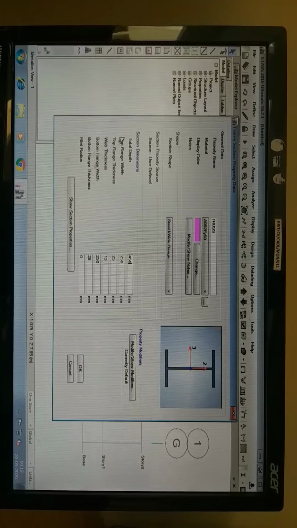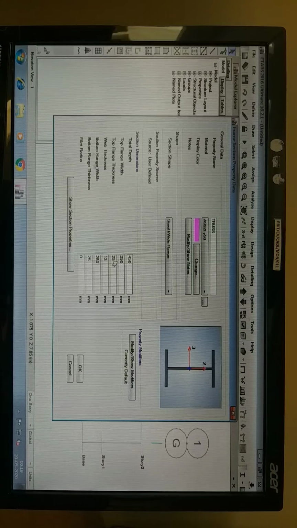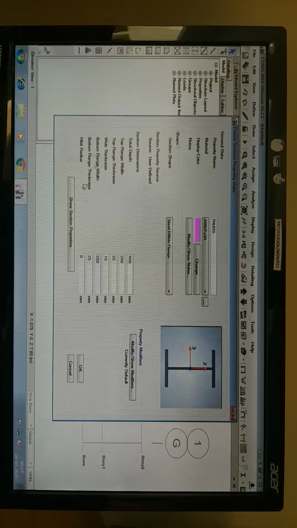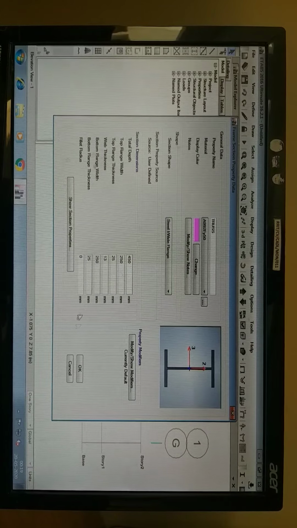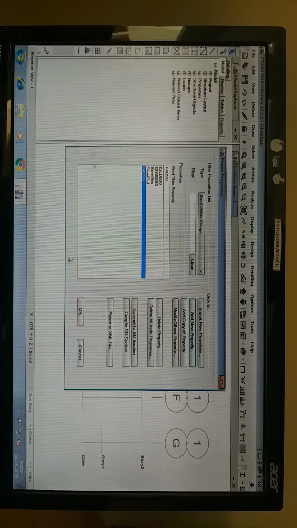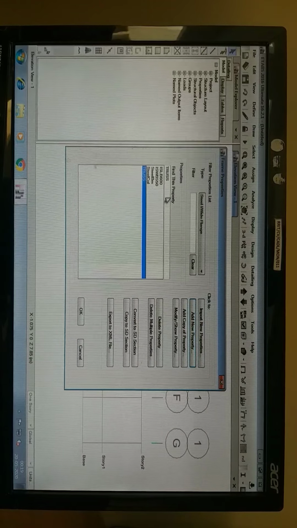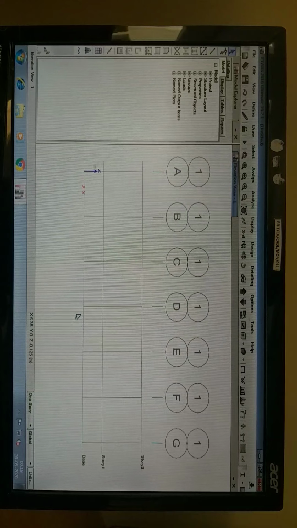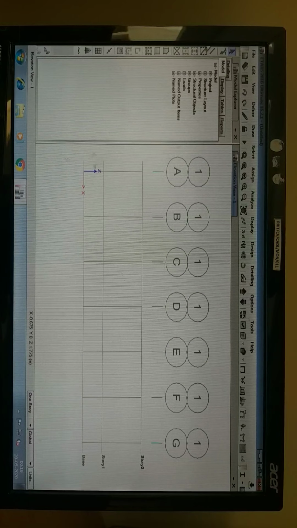By default it shows total depth 450, flange width 250, flange thickness 25, web thickness 13, and the bottom flange width 250, flange thickness 25. Click on OK. Here we have assigned the frame properties. Click on OK, and next we need to draw the member.